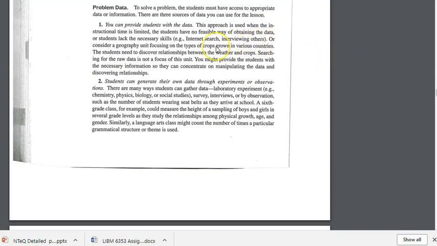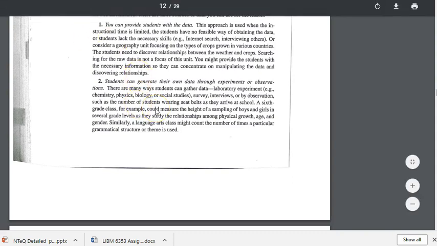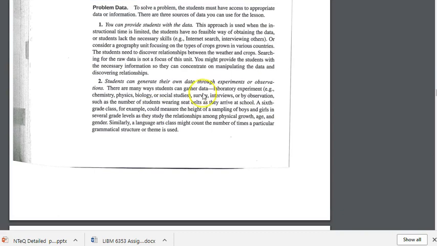One example when you might just want to provide them with the data: consider a geography unit that focuses on the types of crops grown in various countries, where the students need to discover the relationships between the weather and the crops. Searching for the raw data isn't really the focus of the unit. You could provide the students with the necessary information so they can concentrate on manipulating that data and discovering those relationships. Now the second method, students generating their own data,